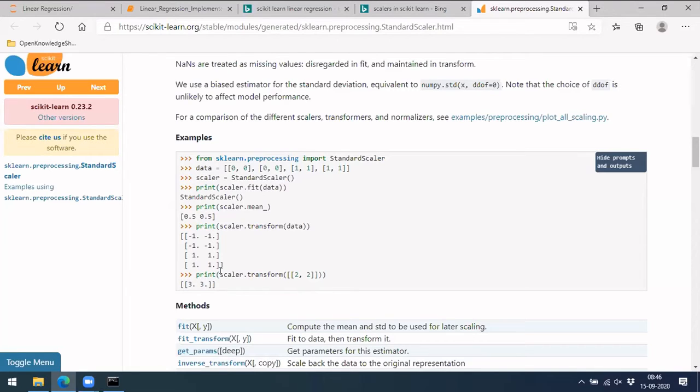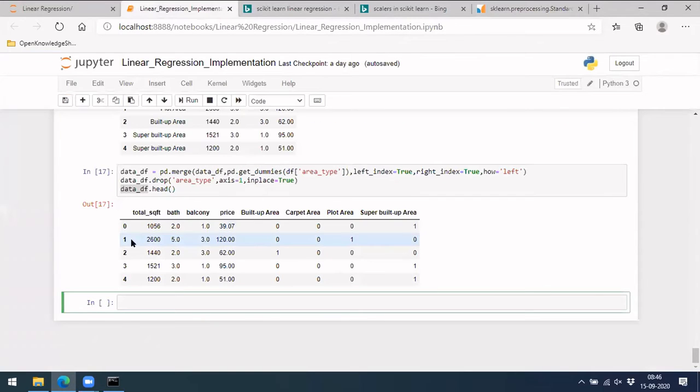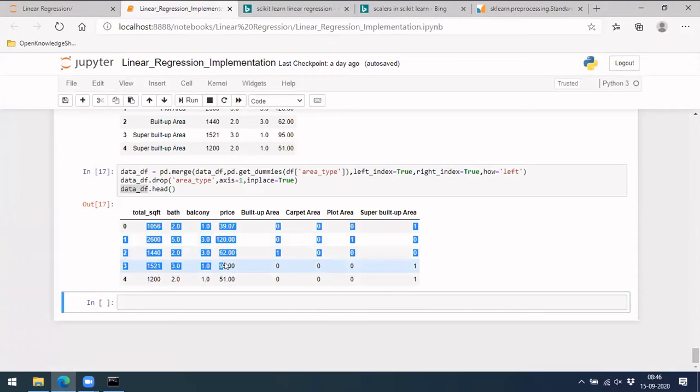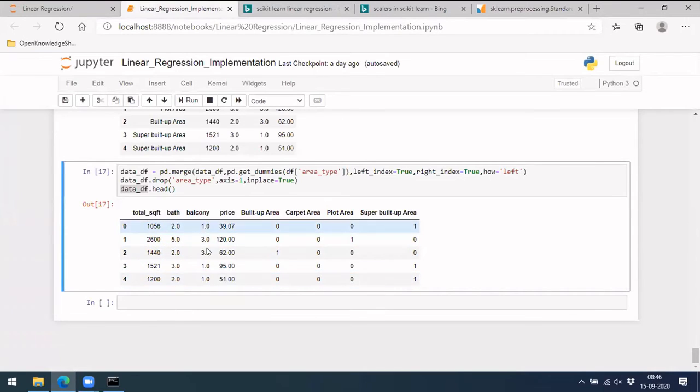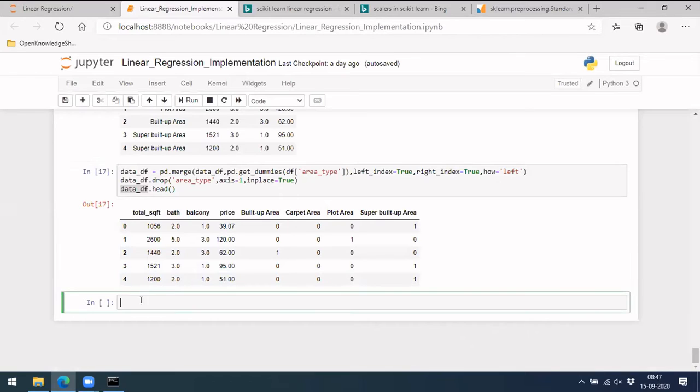So why it is different is, for a new value, if you only have a single value, how can we calculate the mean and divide by standard deviation? It won't be possible, right? So with the data you have, you initially calculate the mean for each of them, and you also calculate the standard deviation for each of them. Those values of mean and standard deviation, you will be saving somewhere.